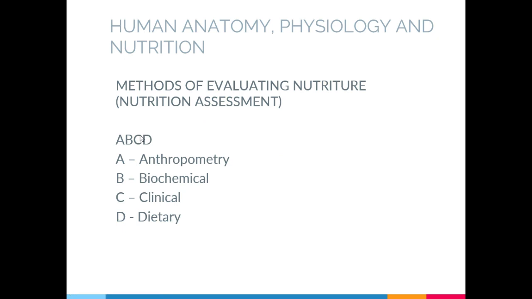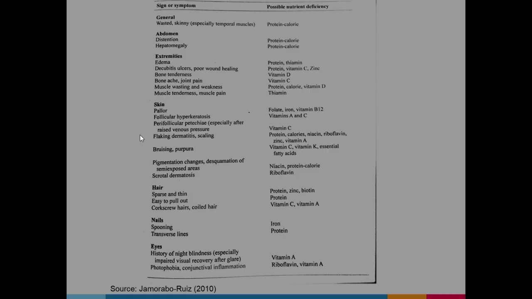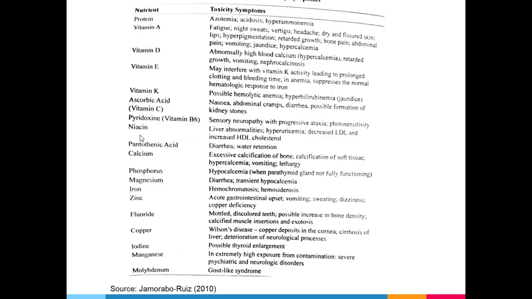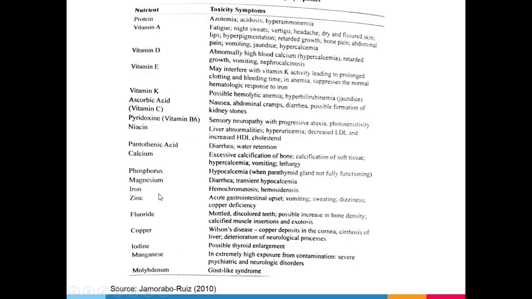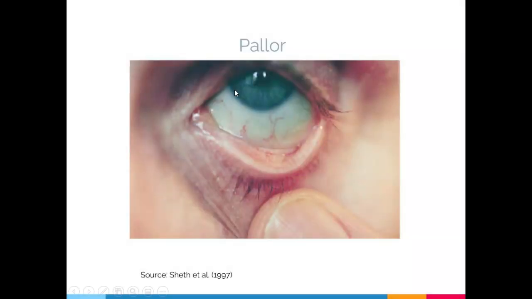has a nutritional problem. So, for example, if we utilize the clinical method, we just examine the physical features of a person. So if makita natong inani, this might indicate, might lang, kay naa pay other causes of pallor, dili lang man nutrient deficiency. Okay? But usually nutrient deficiency gina siya or iron deficiency.